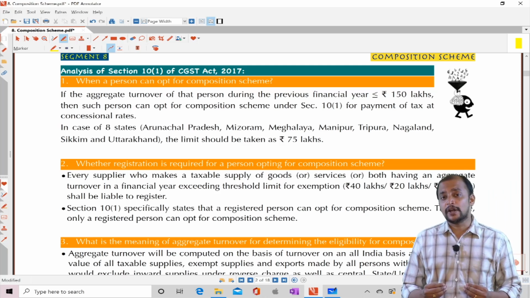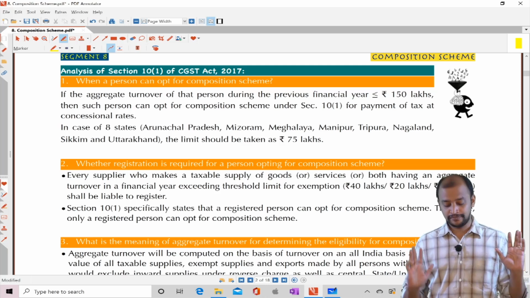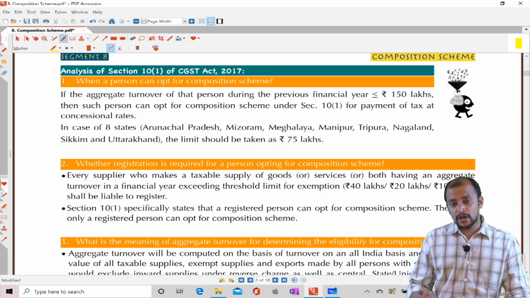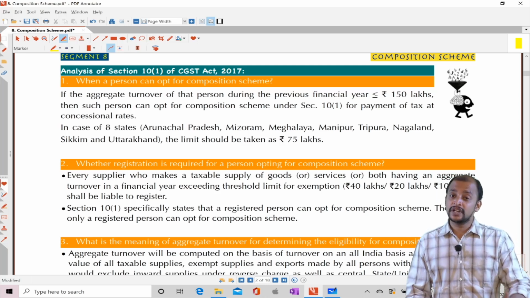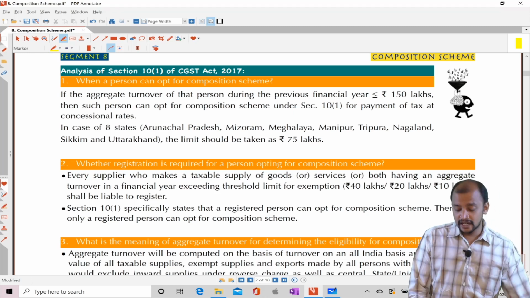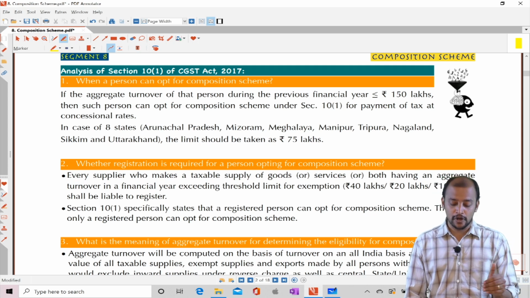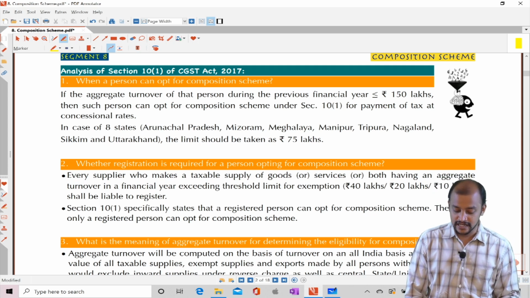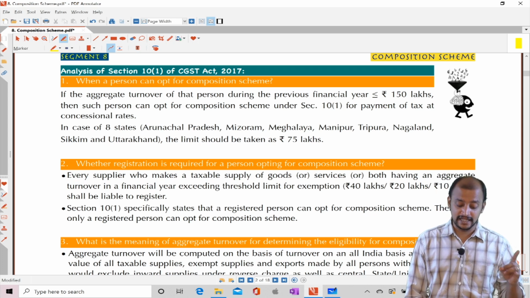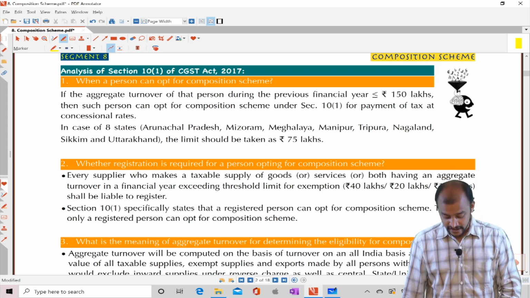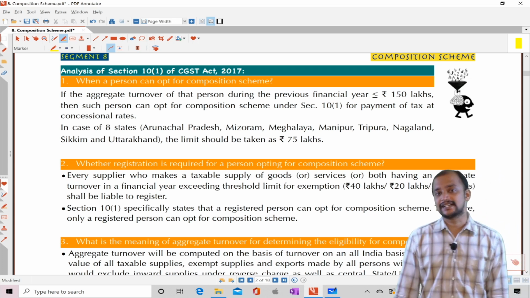A person can opt for the composition scheme if the aggregate turnover of that person during the previous financial year does not exceed 150 lakhs. Then such person can opt for the composition scheme during the current year and will pay tax at the concessional rate. Whereas in case of 8 states,